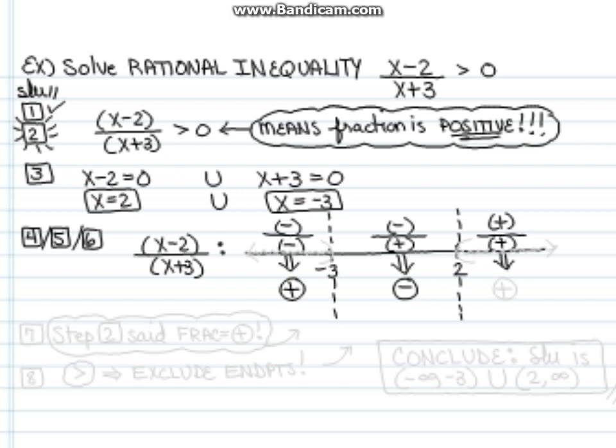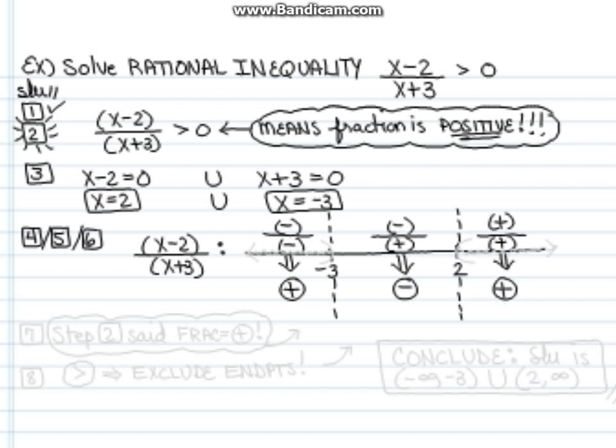Now let's go to the last region. In the last region, we're looking at x values that are greater than 2. You can choose any value of x greater than 2 as a test point. I'm going to choose x equals 100 because I can come up with a sign really quickly with a large positive number. Let x equal 100, then the top of my fraction becomes 100 minus 2. That's obviously going to be positive, divided by the bottom, 100 plus 3, which is also going to be positive. And then a fraction that has a positive on the top and a positive on the bottom together gives me